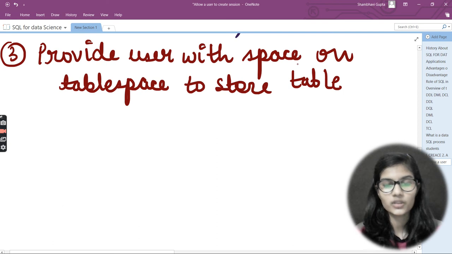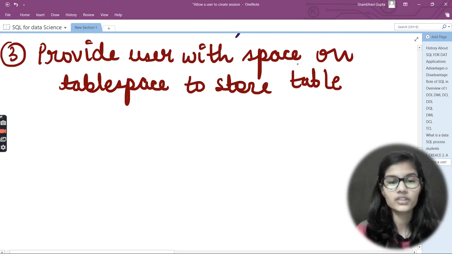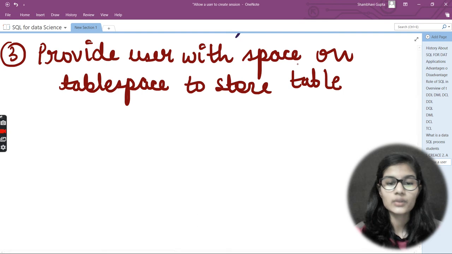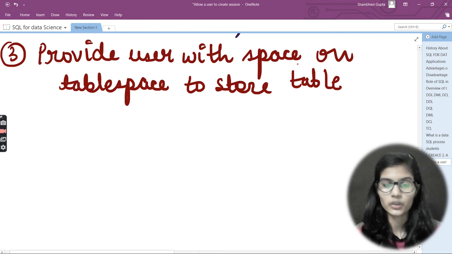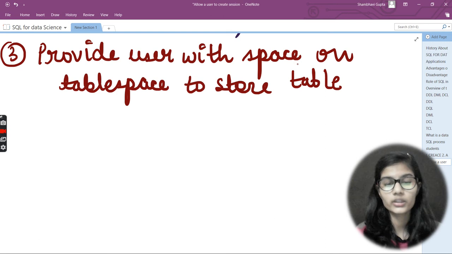Now what is that actually used for, and what is the use of this? So basically what it does, it allows the user to create the table. Okay, that is not enough to basically store the data into that particular table. Other than that, we also must provide the user with the privileges so that the table space is available for the table and the data to be used, right?